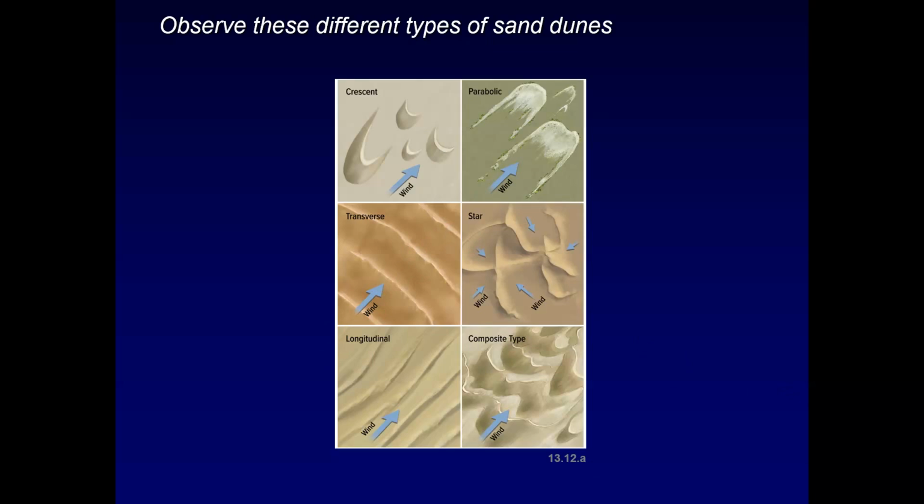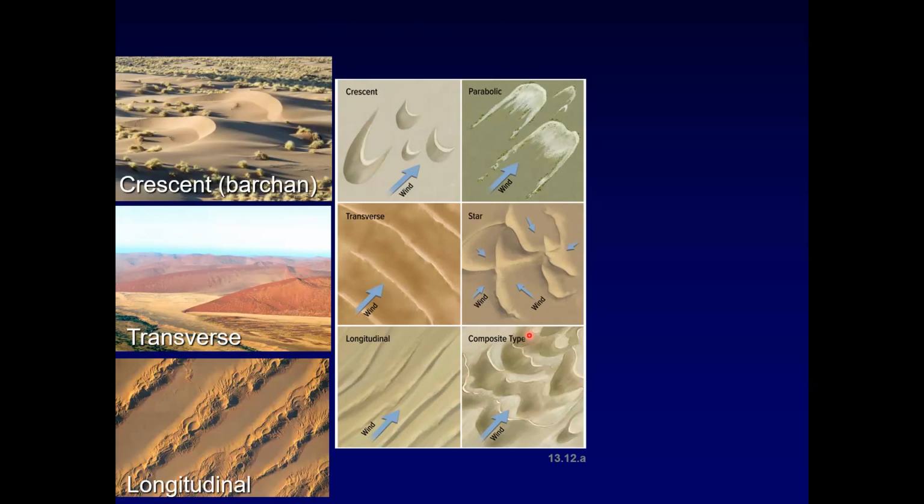And those linear dunes that you see there are just forming perpendicular to the prevailing wind direction. With a longitudinal pattern, linear dunes form parallel to the overall wind direction. And then with a, say, composite type, here you have aspects of a few different types of dunes, giving you not just one shape here. We'll look at that again with some real examples.